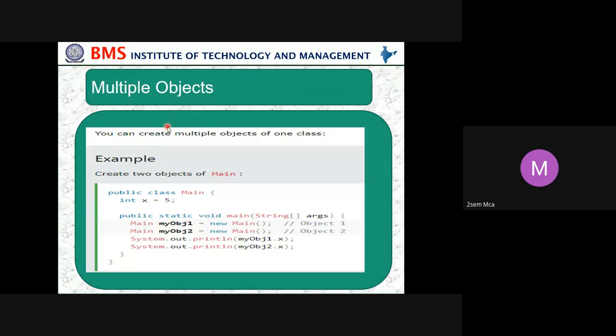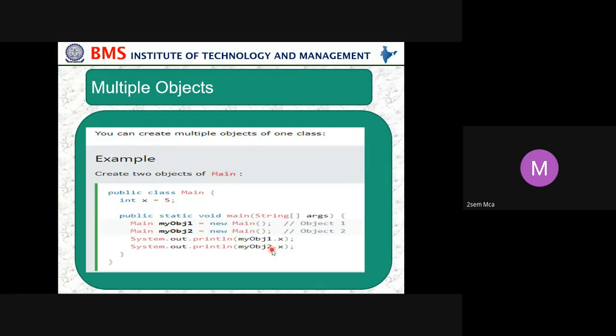Okay, can we create multiple objects? Yes, we can create multiple objects. Here we create two objects of main, my object 1 and my object 2. So we have created two objects, object 1 and object 2. Again, we print x for both. Will we get the same output or different output?